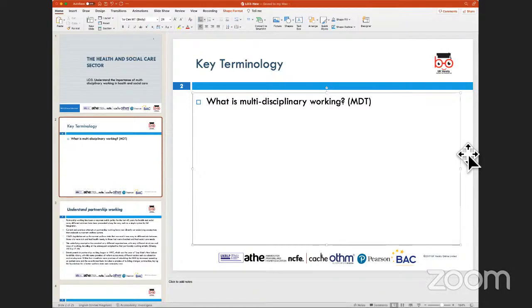What is happening in this case? You're seeing a lot of people work together in a particular setup, and they are all doing their roles and responsibilities, but they might not be directly providing you care. Care might be provided by healthcare workers, healthcare assistants, nurses, paramedics, GPs or consultants in the hospital. But there is a group of people working towards making sure the hospital is clean and tidy, infection free, and that all the services and things are working, whether it's the air conditioning, lifts, whatever it is.